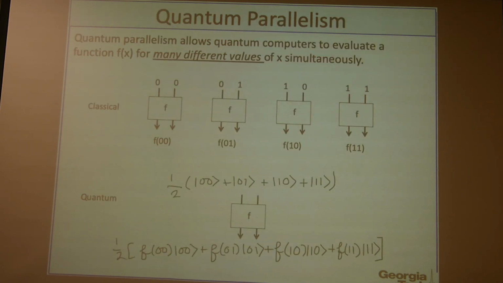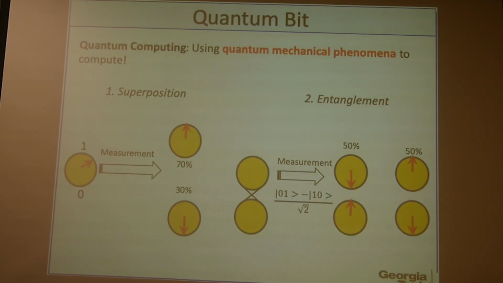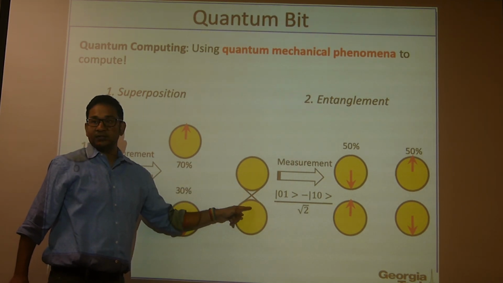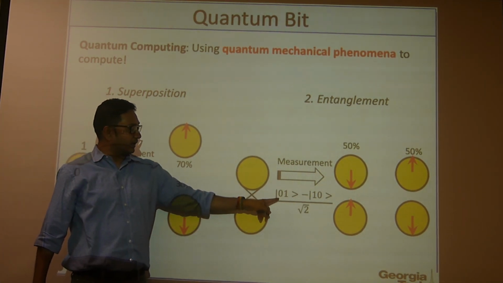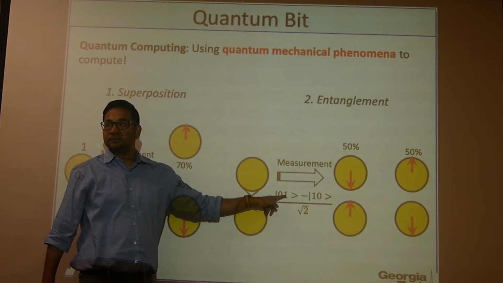So that's what is called superposition. At a given time, a bit can be in both states. Second thing is entanglement. What entanglement means is that what you will measure out of these two bits will depend on what you have measured in the other one. Say you have two bits that look like this, and when we write it like this, 0, 1 and 1, 0,